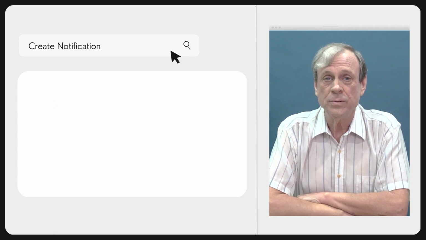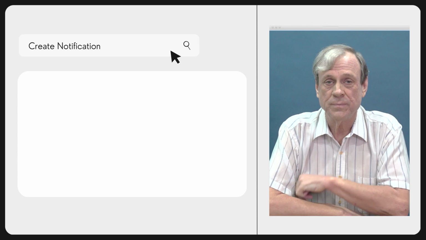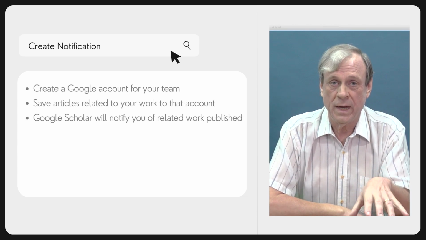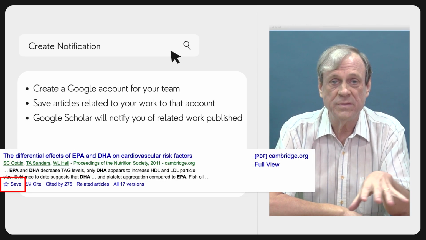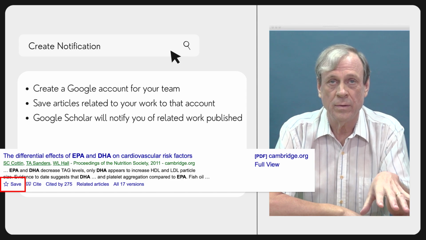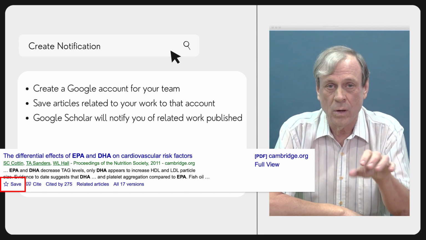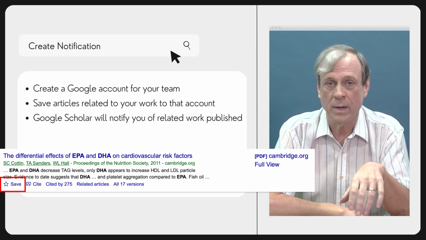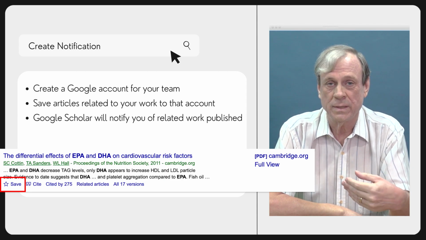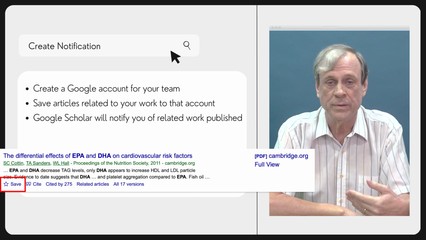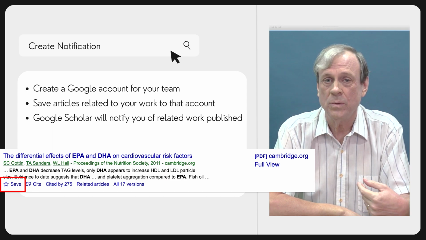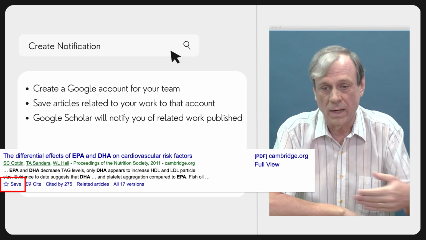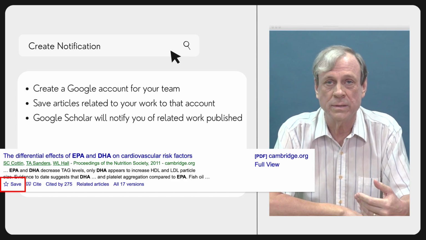Another thing that you can do is create notifications. If you create a team account and then save these articles to that team account, then Google Scholar will automatically notify you when similar articles are published. This can help your team keep up with the most recent articles without having to constantly go back and check.